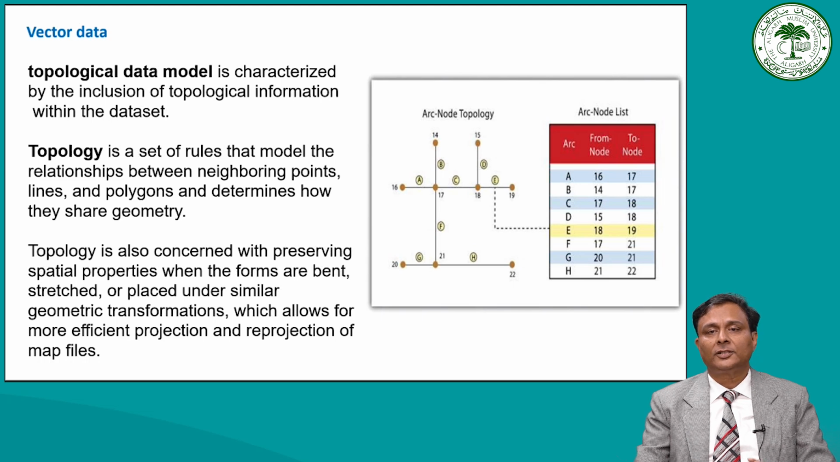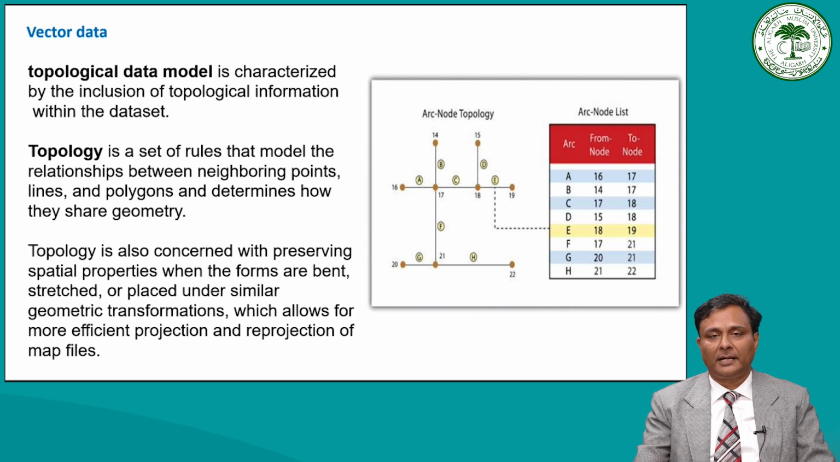So I was saying that the topological model is characterized by the inclusion of topological information within the data set. As the name implies, topology is a set of rules that model the relationships between neighboring points, lines and polygons and determines how they share geometry. Now that's very important and significant in the context of topology. For example, consider two adjacent polygons. In the spaghetti model, you have seen that the shared boundary of two neighboring polygons is defined as two separate